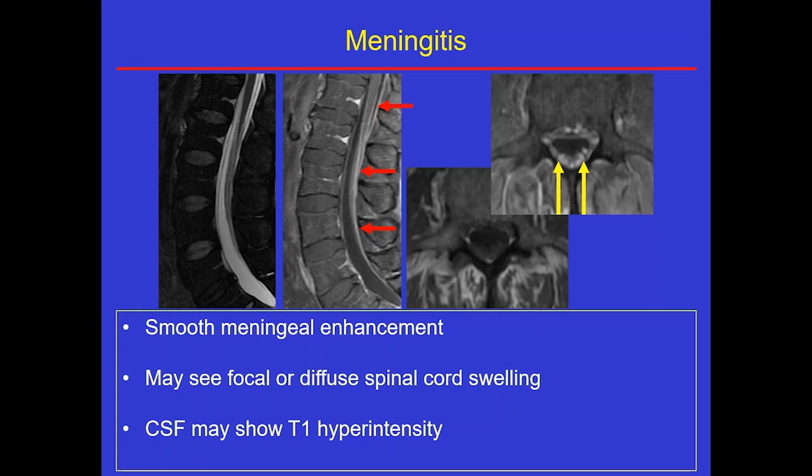And so what we see in this case is smooth meningeal enhancement here along the dorsal surface of the spinal cord, but also all of these distal nerve roots are showing very smooth enhancement here on the T1 pre and then the post-contrast images. There may be focal or diffuse spinal cord swelling. In this case, what we see of the spinal cord appears normal. And the CSF may show T1 hyperintensity. In this case, the CSF is appearing normal on the T1 post-contrast images. But these are findings that can all be seen in the setting of